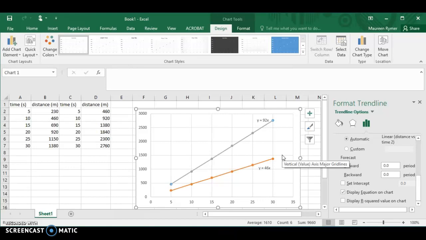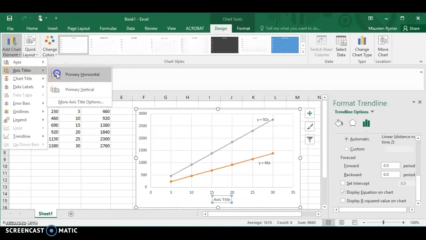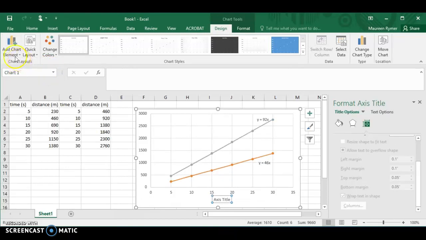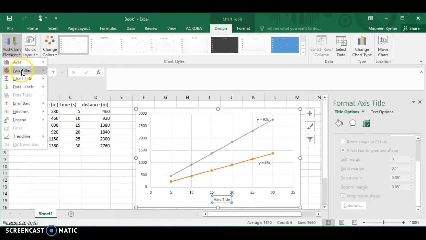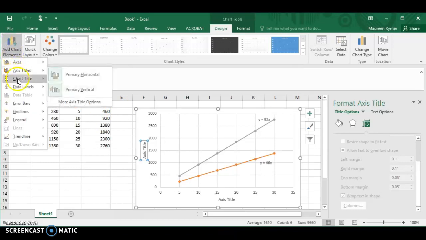Now I'm not quite done. Oh, I skipped something. This is in step 9. Click on add chart element again. This time I want axis titles. And I'm going to click on the horizontal. And I'm going to do it again, add chart element, axis titles, primary vertical. I also want add chart element, a chart title